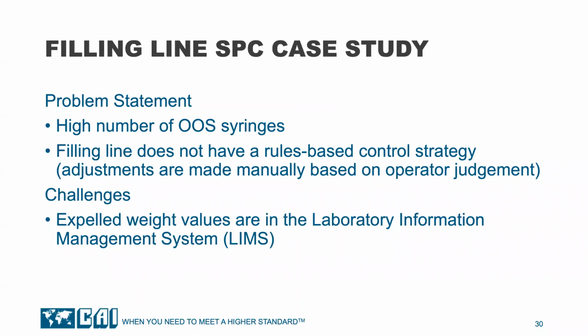This process not only resulted in significantly overfilled syringes, in the range of 510 to 515 milligrams or so on average, but the operator would often make an adjustment based upon an outlier in the data, an underfill, causing a deviation, and a manual weighing process for the entire lot. 450,000 syringes weighed manually.